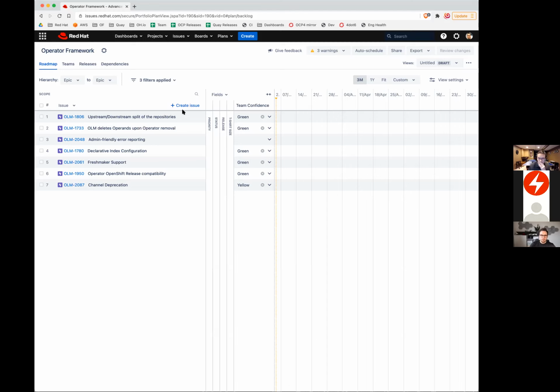But effectively, Nick is totally right. This is a stopgap, and the declarative index feature is really what you would be looking for to have much better and much more sane control over what's in the catalog and how to do things like replacing bundles under certain version tags.